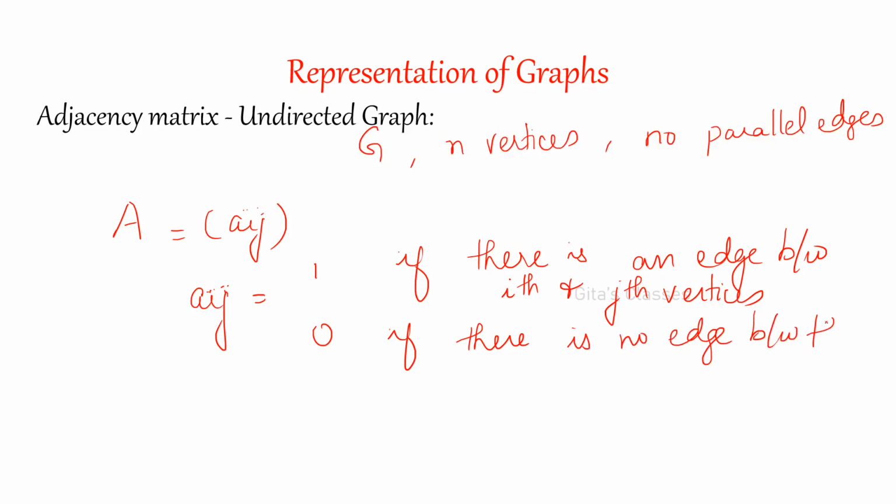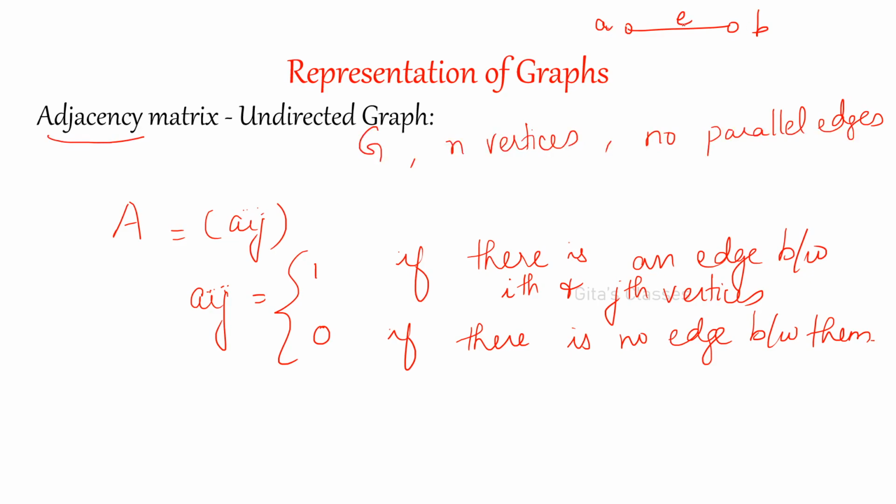Okay. So if there is an edge, you write 1. If there is no edge, if they are not adjacent, then you have to write 0. See, from the name itself, try to remember: adjacency matrix is defined for vertices. When will you talk about adjacency? Suppose you have the vertices A and B, and this is an edge E. A and B are said to be adjacent. Two vertices are said to be adjacent to each other. A is adjacent to B, B is adjacent to A.